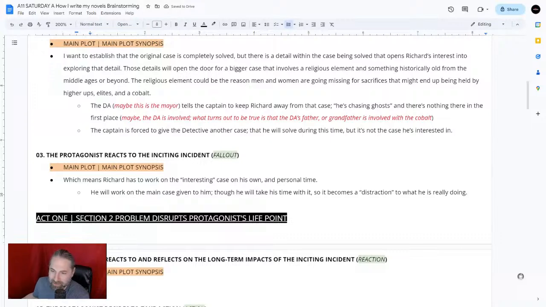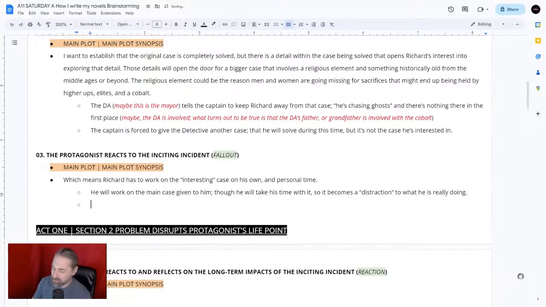My bad. Okay. Anyway, so the reaction to the inciting incident for Detective Richard will be that he's like, all right, yeah, I'll work on this. Don't you worry. But on my personal time, I'm going to work on this other thing without anyone knowing, and to make it look like I'm not doing anything but what I was forced to do. I will take my time with that. And therefore, which means,